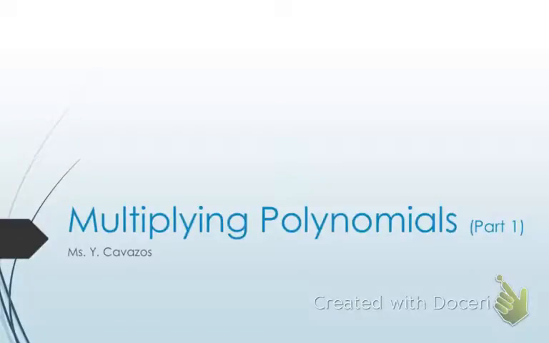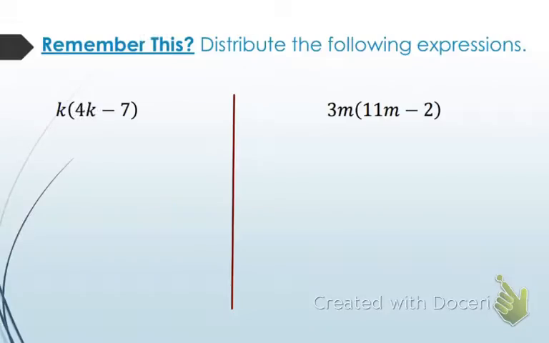Multiplying polynomials, part 1. What we're going to do first is refresh our memory with a couple of these problems. It says distribute the following expressions. So distributing means you're going to multiply. And in this case, we're going to multiply a variable,